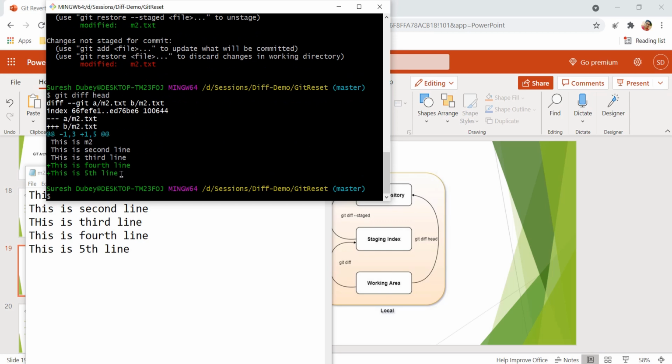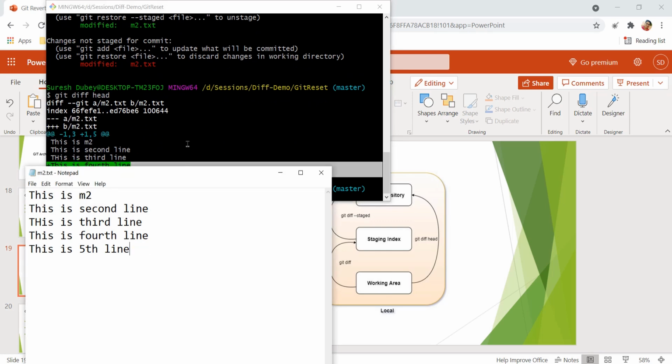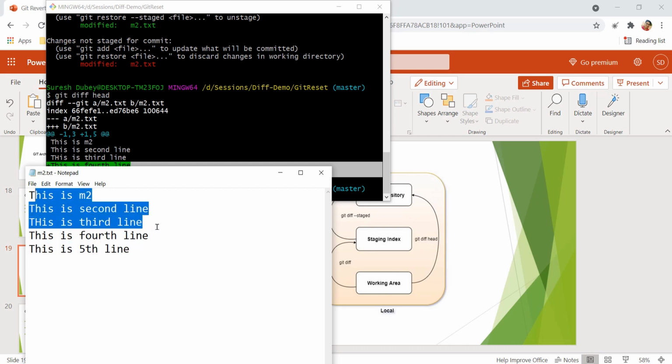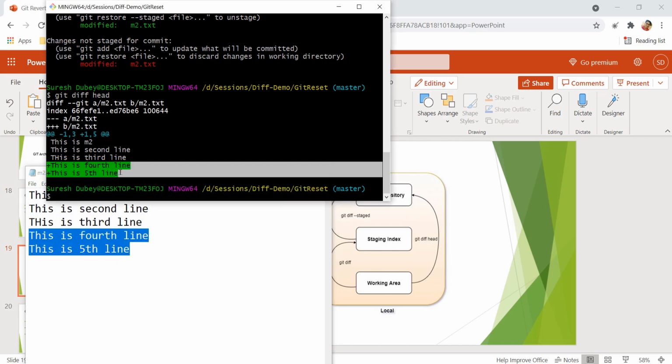It is telling me that you have added two new lines in this file m2.txt. Why two? Because in my working area we have added these two lines. These two are the new lines that we have added, and we are comparing with the version that is available at the repository. In the repository we have these first three lines only. So compared to that, these two are the difference, right? That's why we are seeing two new lines have been added.